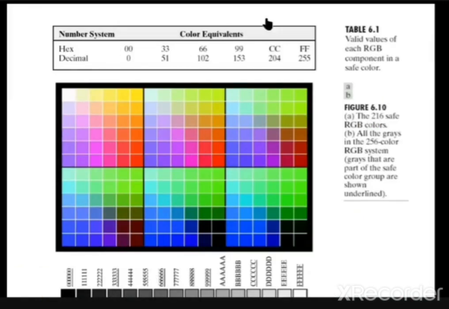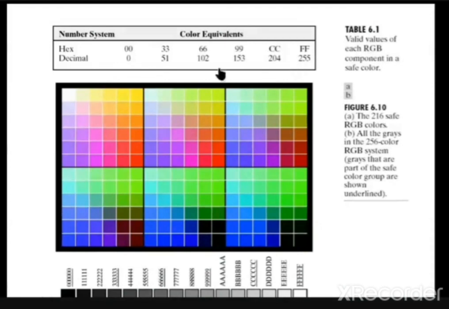Safe RGB colors you need to explain. As 2 raised to 24 leads to a large number of colors, it is not possible to identify or generate all these colors effectively on all systems. That's why the standard is to use 256 colors as the safe RGB colors. Out of these 256, 40 colors are generated differently by different operating systems. The remaining 216 colors are generated by using 6 different values for the R, G, and B combinations.